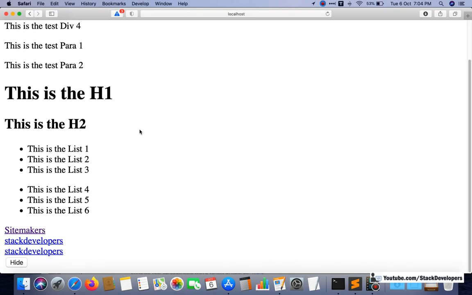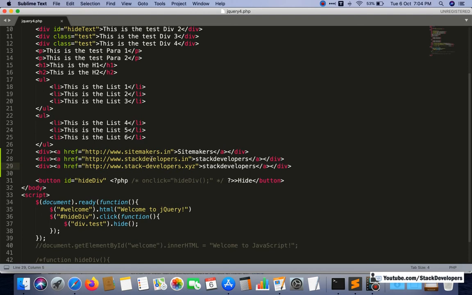So now what if the user wants to hide the links from the complete document, the complete page? The user just wants to hide the links and nothing else. On the click of the button, at that time this href selector comes into play. Not only for hide; sometimes you want some other action, like adding some css or some html with these links, or some text changes.